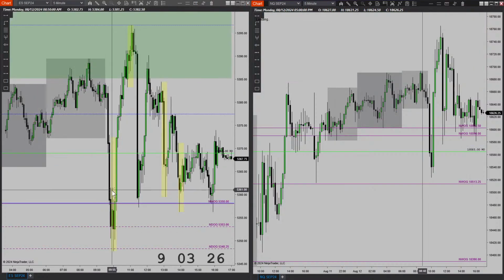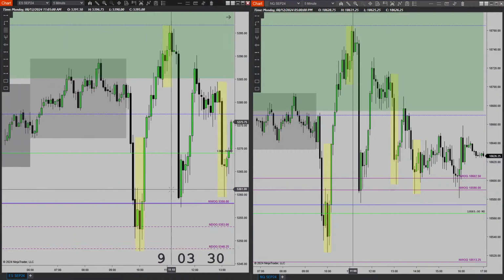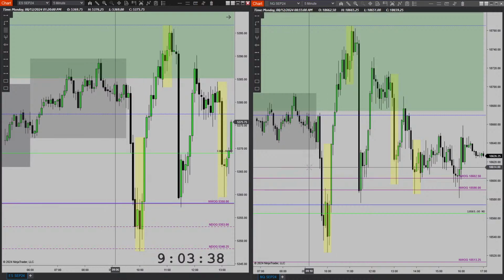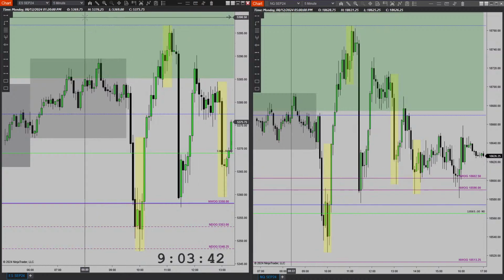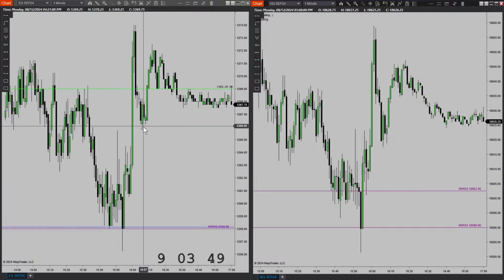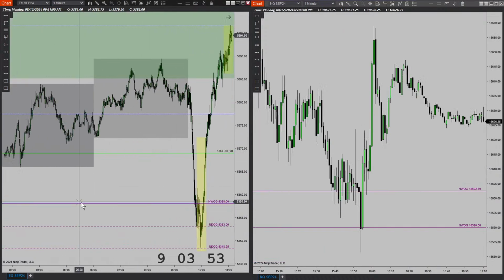Again, after the 15-minute close below extreme discount, I started to watch the 5-minute. What I waited for was this candle to close. Once this candle closed, I started looking at this gap here. Same thing here, I started looking at this gap here. Once that closed, I zoomed into the 1-minute to start looking for the second stage of distribution to target the lows down here.